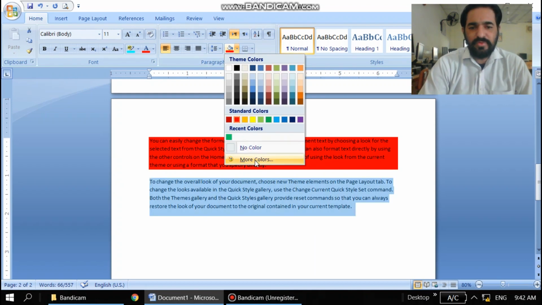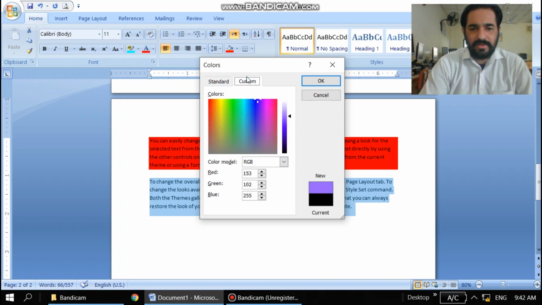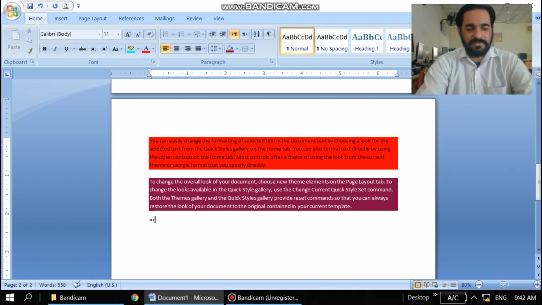I can add more colors behind that text. So different options are there. I can select one of them with a click, and custom options are there. I can move the range, or decrease or increase any color, which here you can see with new and current. New and current options mean what was the current option and what is the new option when you click and that particular one will apply. So different options we can apply.